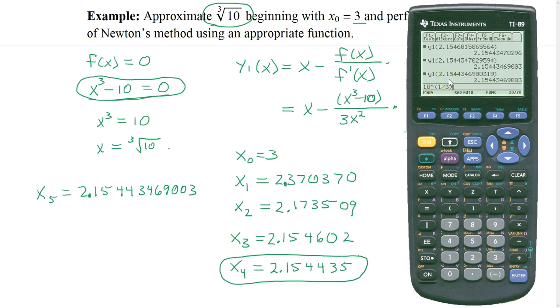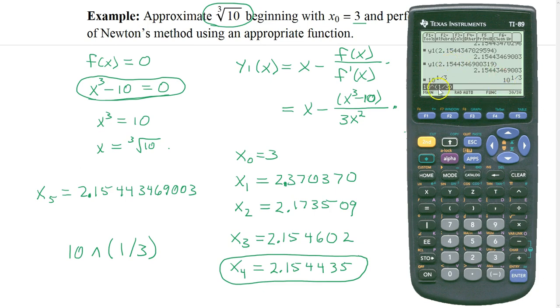So you have to enter this in your calculator. You need the parentheses. So here we have it entered, and hitting enter, well, I need to hit green and enter to get the decimal form. Notice how it just gave me back 10 raised to the 1/3 power again. That's the exact value. So green and enter,